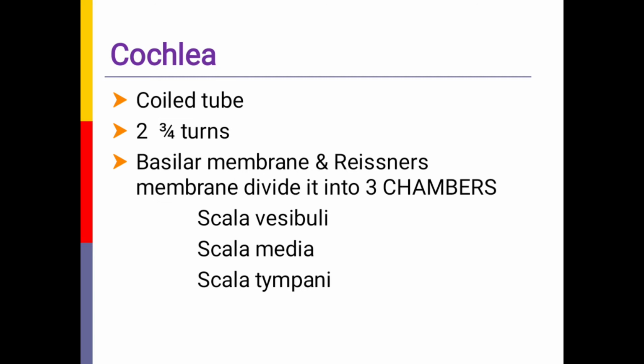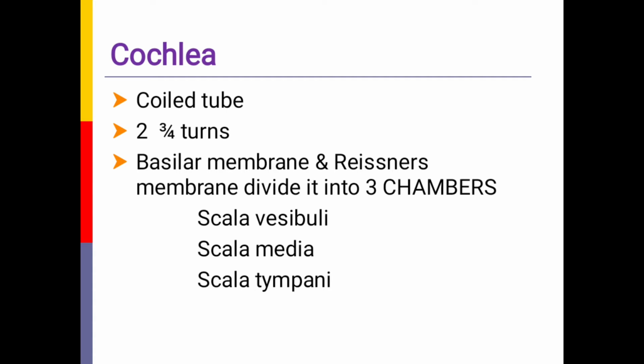A few words on the anatomy of the cochlea to understand the receptors of hearing. The cochlea is a snail-shaped, fluid-filled coiled tube. It has an outer bony spiral canal that lodges an inner membranous cochlear duct. The bony cochlea is part of the bony labyrinth. In humans, the cochlea is 35 mm in length and makes around 2 and 3/4 turns around a central bony core called the modiolus. The membranous cochlea is the cochlear duct, which is part of the membranous labyrinth.